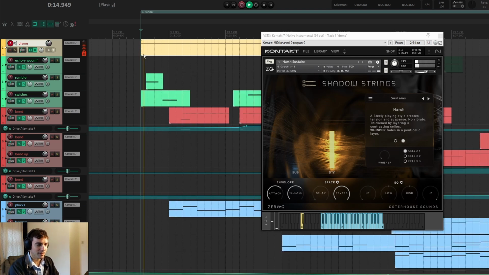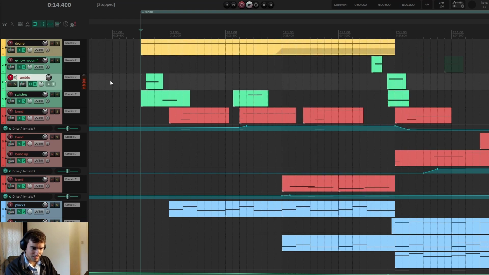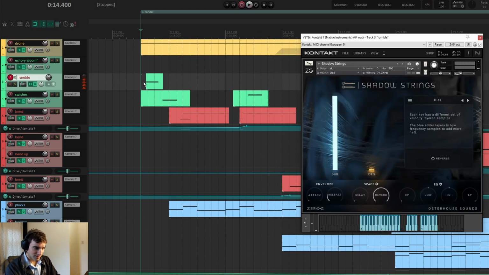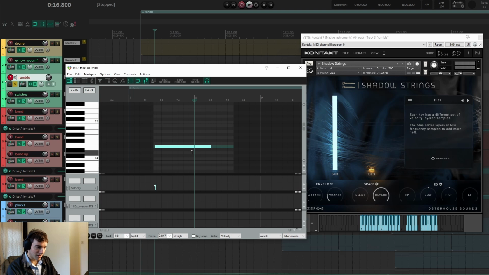So we got some other effects and things which come in. Let's take a look at this one. So this thing here. This is from the hits. And I just went in here and just play different notes and